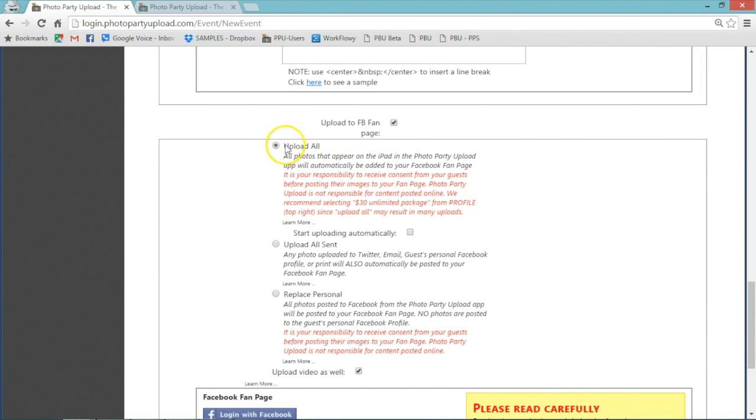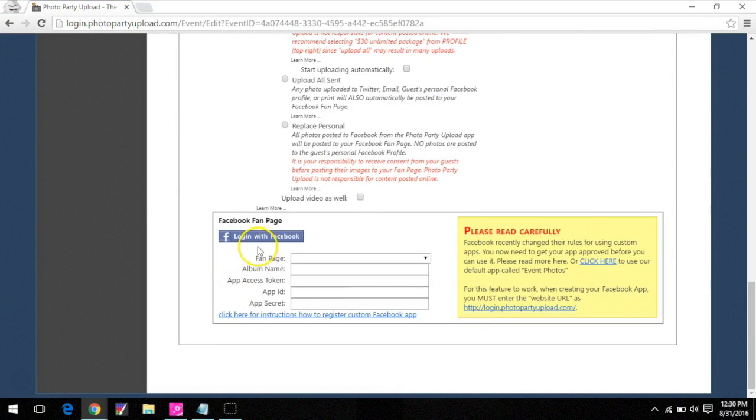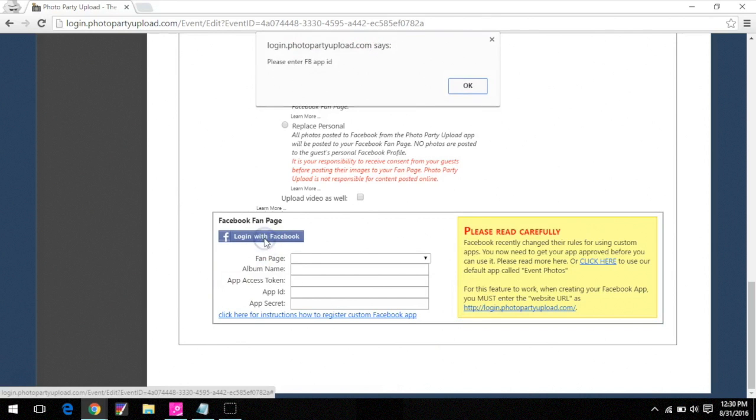Upload All will post every photo taken at your event to your fan page, while Upload All Sent will only post the photos that your guests share at your event. Replace Personal will only post photos to your fan page, not your guest's profile page. The last thing to do is log into the Facebook account associated with the fan page you would like to